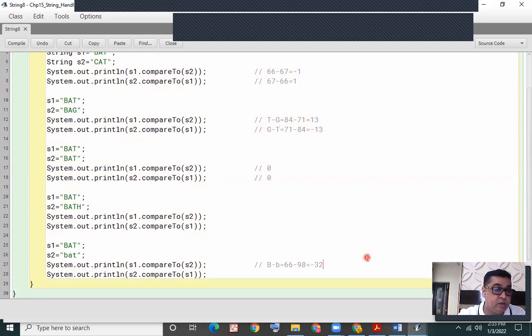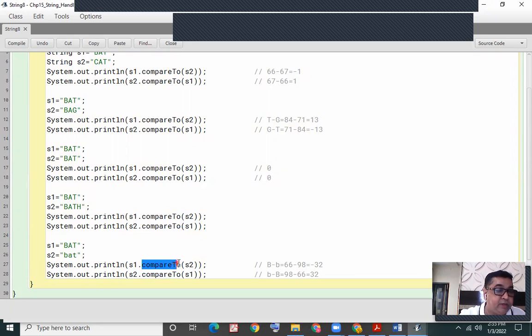And if I had called this method like this: S2 dot operator, then called the compareTo method and given S1 in brackets, the comparison would be between the lowercase b being taken first, and then being compared with the uppercase B. So 98 minus 66 would have given us a positive value, 32, in this case. Notice, currently I'm using the compareTo method, which is differentiating between uppercase and lowercase letters.